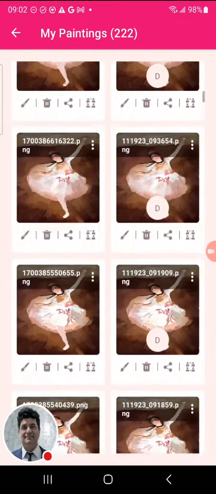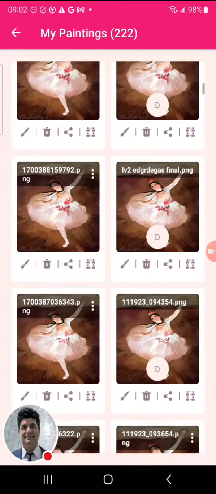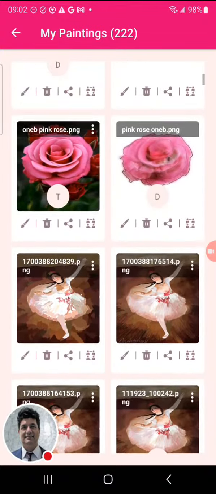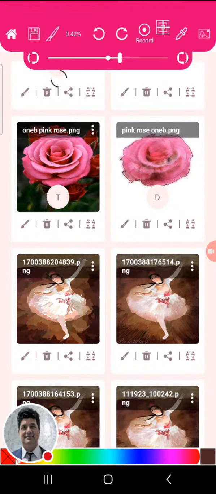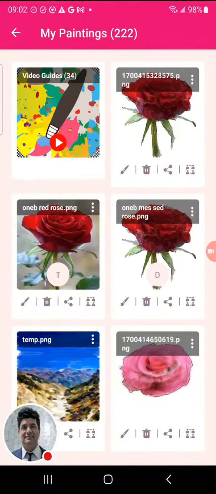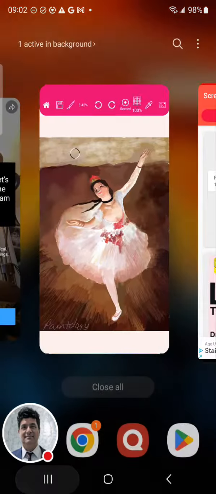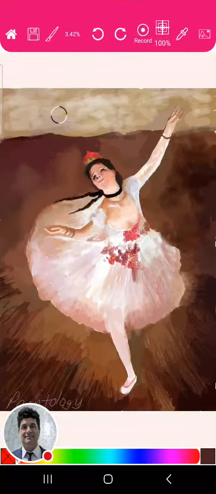This last one was of, what's his name? Degas, Edgar Degas. And this is the completed drawing. This is one of his paintings that I did using block coloring and transferred this painting into a